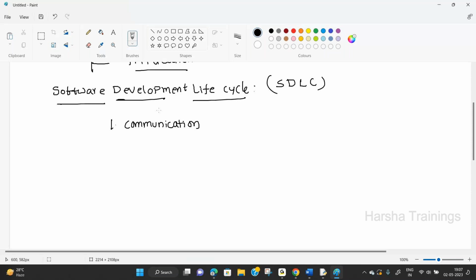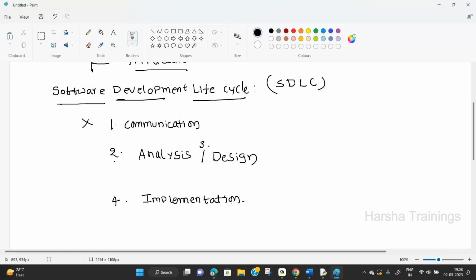So analysis, that is, analyze all the requirements. Along with the analysis, we are making the design also simple, like a prototype or a blueprint. Now, this is the second step, this is the third step. The next one is implementation. This is my task. Implementation, that is, move to practical, that means coding.